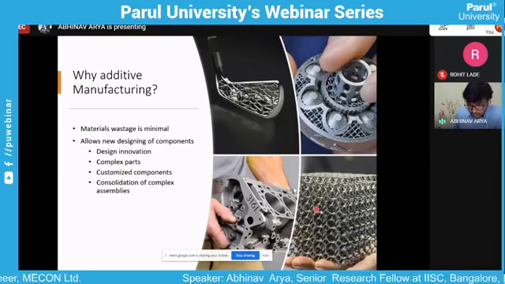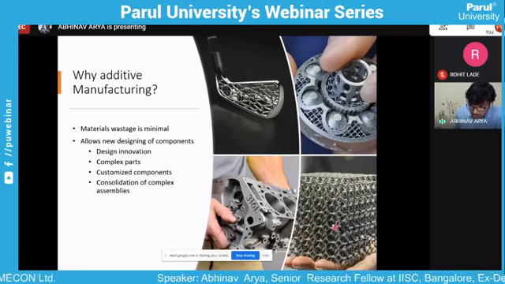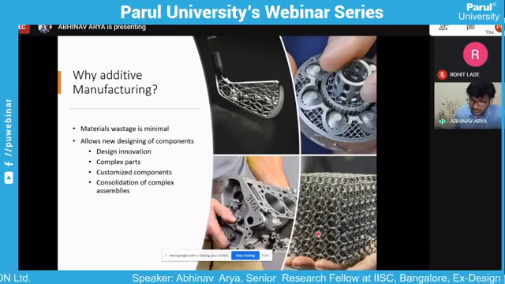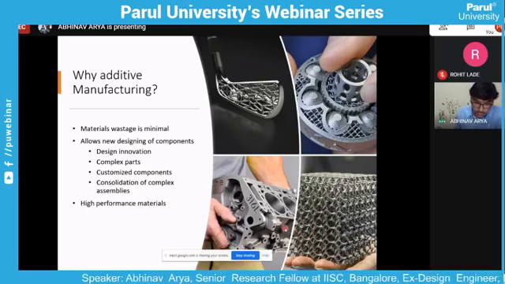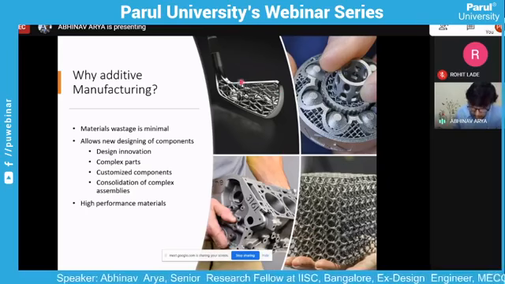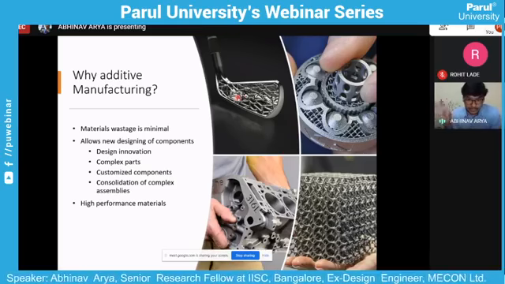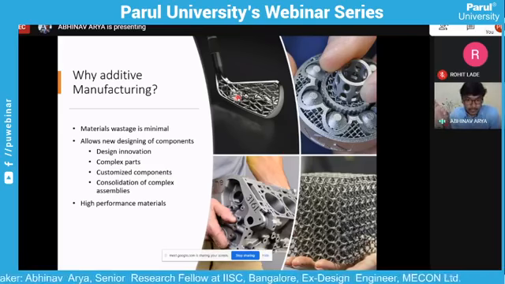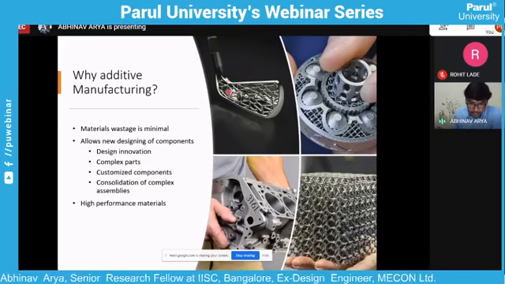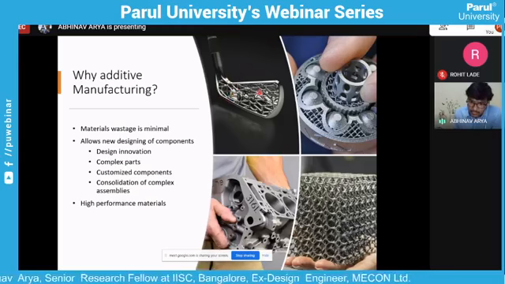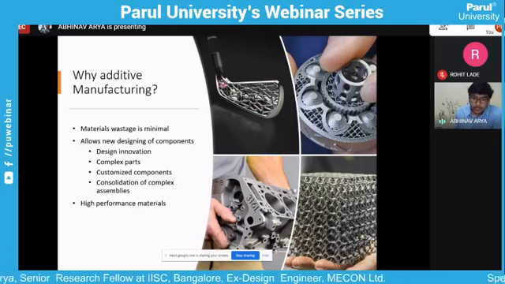So here you can see, if I need all these intricacies in my material, I can simply manufacture it in a single piece. And here also in this golf stick, we need high mass at certain places and low mass at certain places. So we can design our component directly in this way.